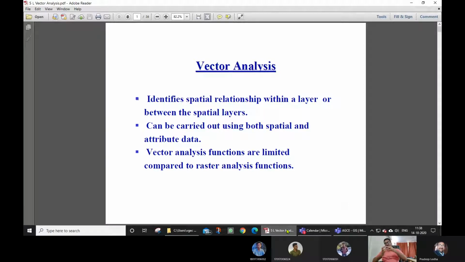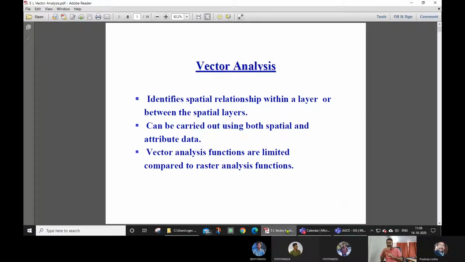Then the operation within a cell. Then we have seen the neighborhood analysis, how we can use the neighboring cells to simplify the data, to smoothen the data which has been captured through the different modes of data creation.